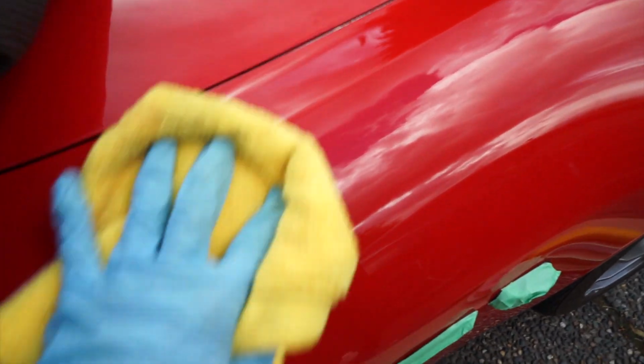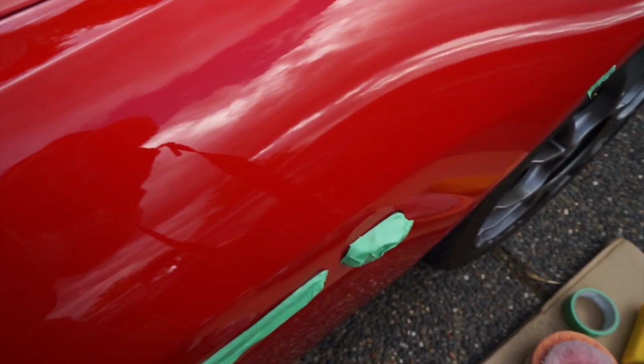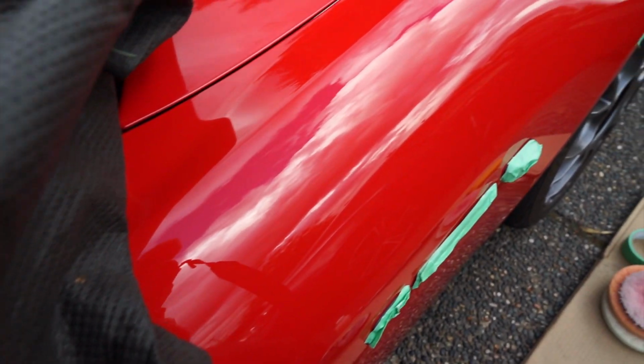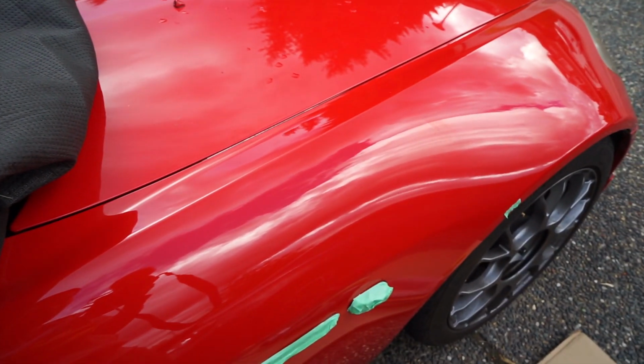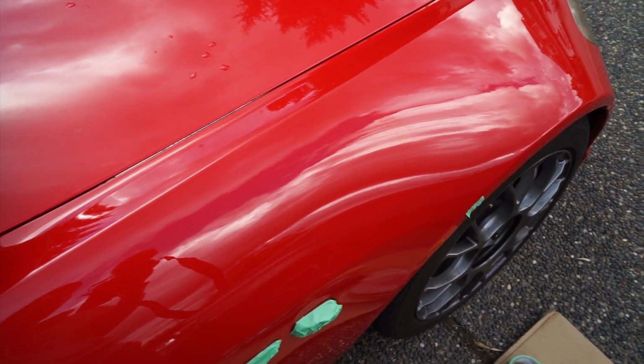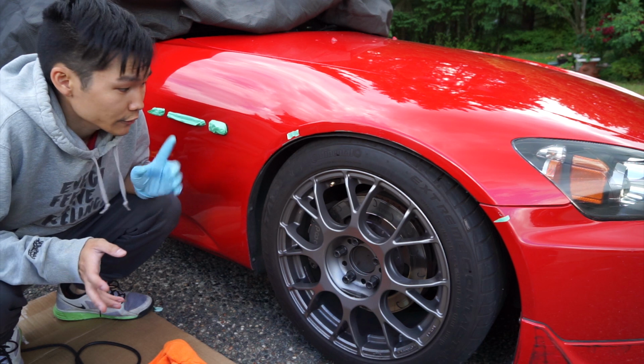So after just one pass with a light compound and a light polish, very light pressure, it looks actually pretty decent. This is going to be good enough. This is probably going to be good enough to do the entire panel, maybe the hood, maybe the bumper like this as well. Okay, so now that the paint has been corrected to satisfaction and I've done the alcohol wipe down,